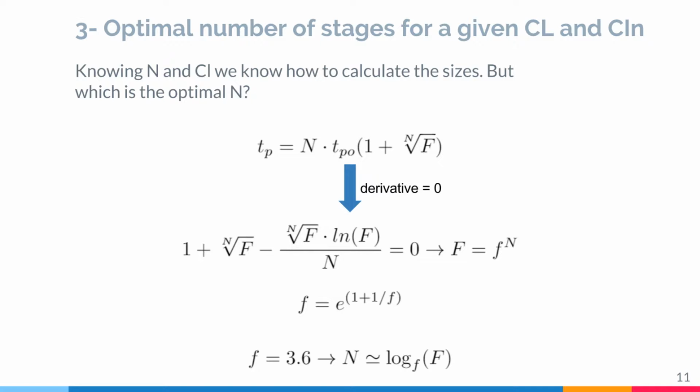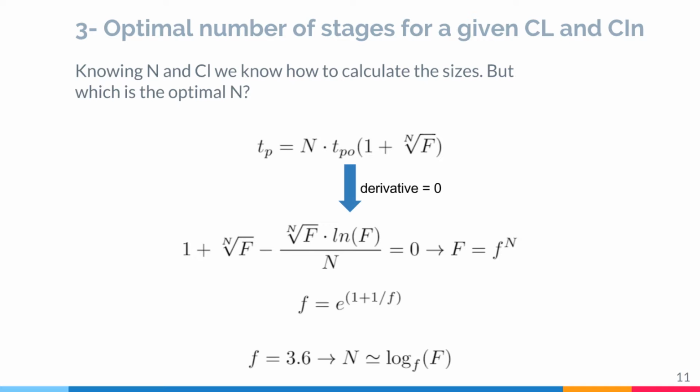If we get the equation for the total delay by adding all the delays from each stage, we can get the following formula. This formula depends on n through the fan-out and the baseline delay. We can derive it as a function of n and set it equal to 0. And after some manipulations, we can get to the conclusion that f is equal to the exponent of 1 plus 1 divided by f. This equation cannot be solved analytically, so it has to be solved by using MATLAB or any other tool. We can get the result that f has to be circa 3.6,